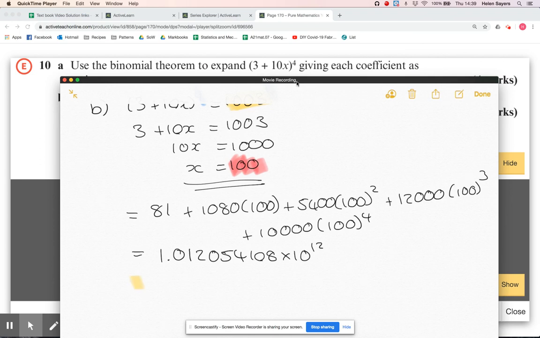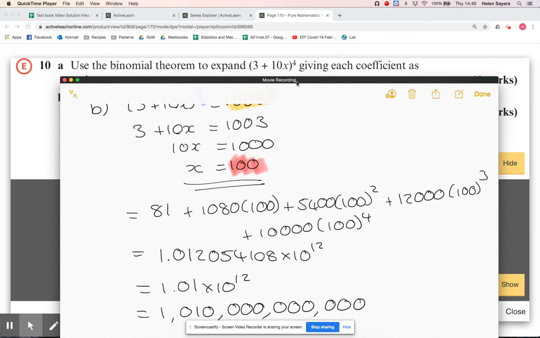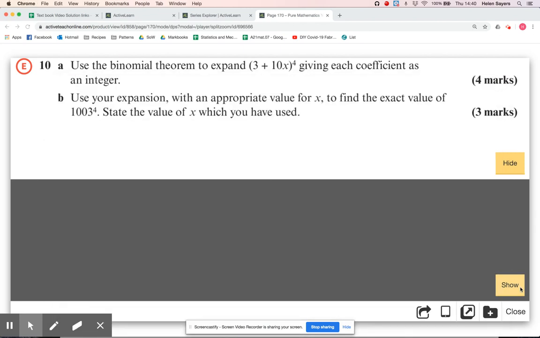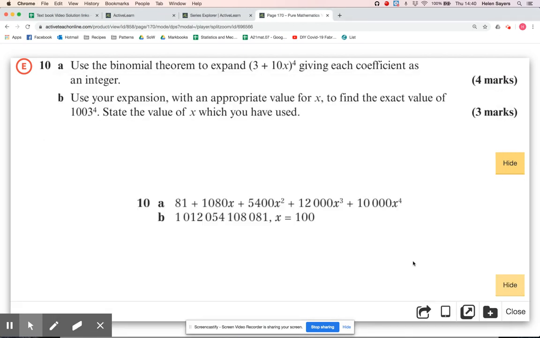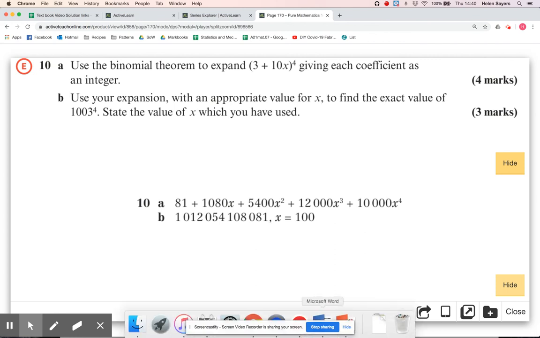Standard is 3 significant figures. There's no problem with giving it in standard form. So if I was giving it 3 significant figures, I would write it like that. If I wanted to give it 3 significant figures, and to give it long form. Yeah, I think that would be okay. Let's check what they've gone for. Okay, so you do want to write the full answer out just because it shows that you've done the right method, but we did have that. We just have it in standard